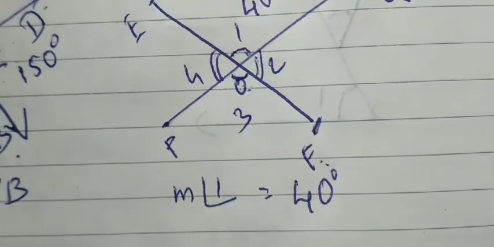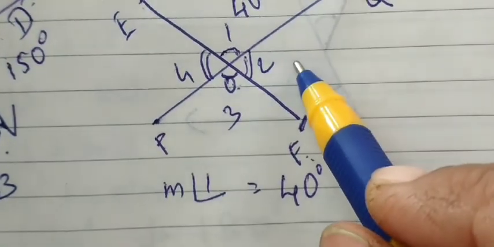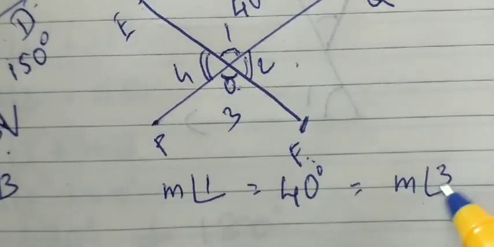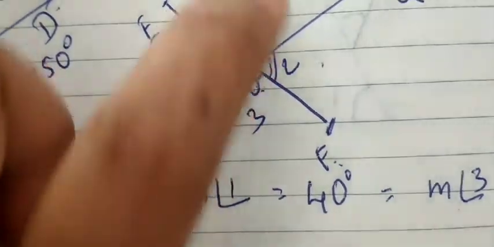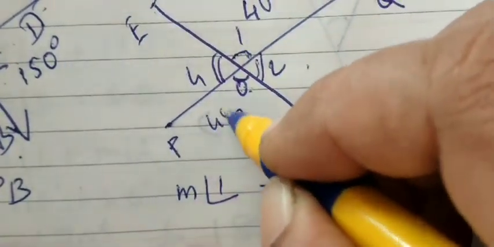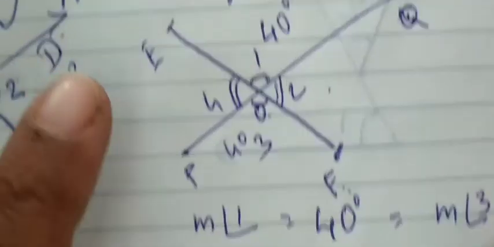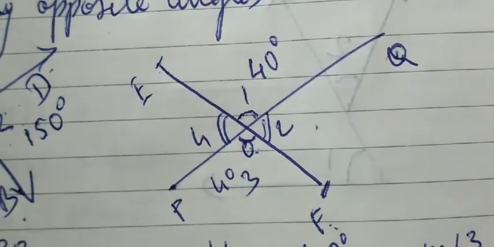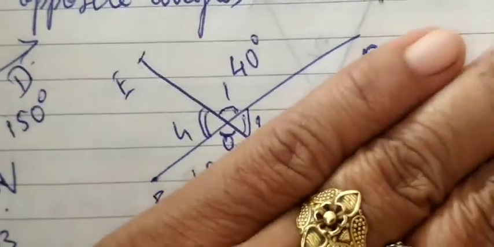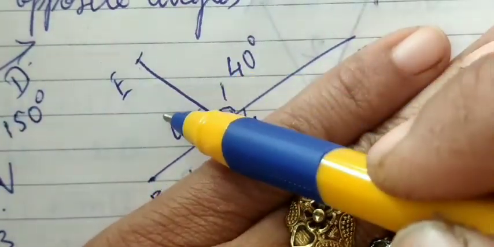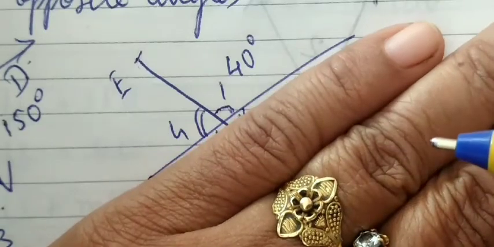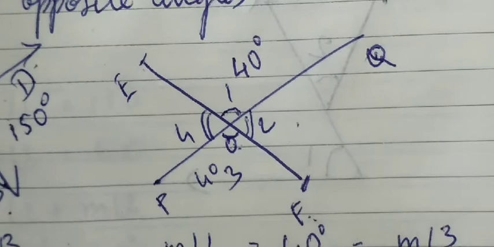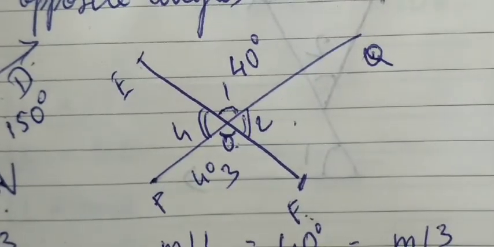What will you do? तो पहले ऑपोजिट एंगल लिख डालो, इज इक्वल टू मेजर एंगल 3 हो गया, एंगल 1 और एंगल 3 हो गया 40 डिग्री. बाकी बचे 2, जो आप पहले 4 को कैलकुलेट करो या तो फिर 2 को कैलकुलेट करो, वन एंड द सेम. अगर 4 को कैलकुलेट करना है तो ये 2 एडजेसेंट एंगल्स और ये दोनों लीनियर पेयर भी बनते हैं. तो 180 माइनस 40 मेजर एंगल 2 ले लो या फिर 4 ले लो,